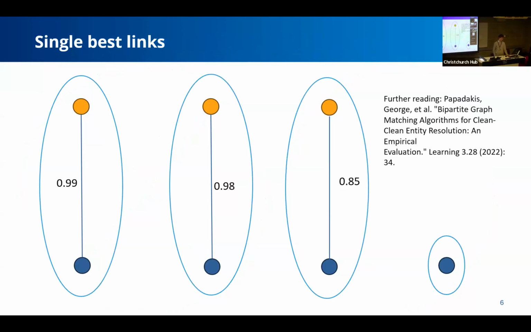One other approach is what we call single best links. So this is from one data set, meaning the records on the top, to the second data set, meaning the records on the bottom. Each record can only link to a record on the other data set, which is its best match. So it's fairly simple criteria. There are a few different ways of doing it. If you're interested in those methods, I've referenced a paper there, the bipartite matching algorithms. Give it a read if you're interested. So in this case, we would have George Smith, John Smith, and Sarah Johnson and Sarah Black all linked together. But that duplicate record for Sarah would be lost. That would be put in a separate cluster.